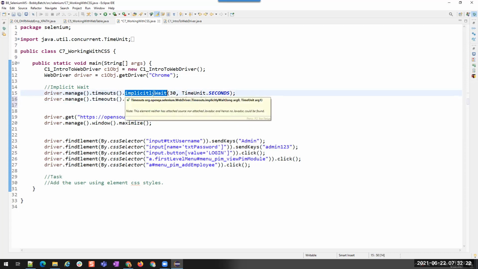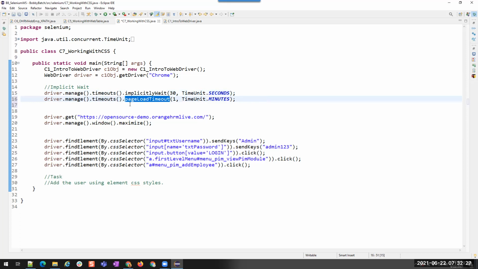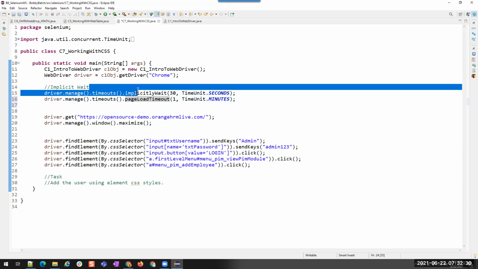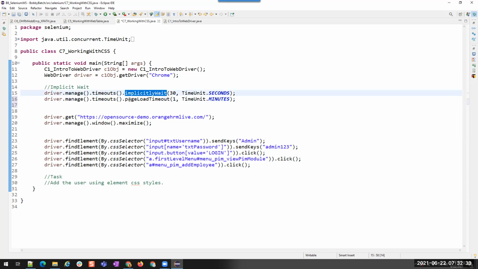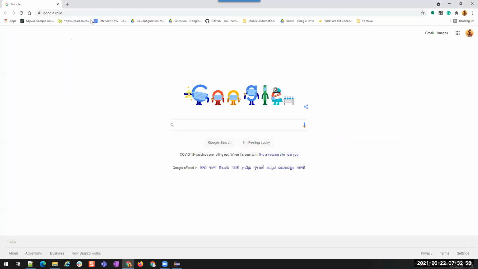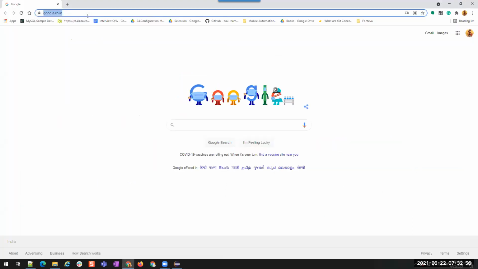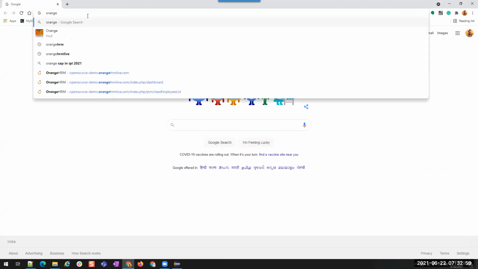I can show you this element waiting, or element synchronization, but I cannot show this because I cannot stop a page from loading, right? So I cannot show this as an example, but I can show this example. The page load timeout will also work in the same way as implicitly wait, but this is looking for the page to be loaded, but this is looking for the element to be visible on the application. Okay, all right. Now you see, we are clicking on add employee, right? Now let me open this manually to make it pass or to make it fail. I'm showing both, OrangeHRM.